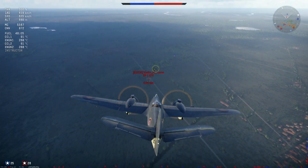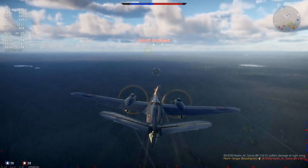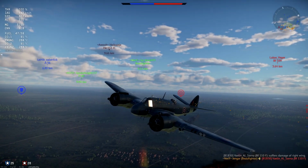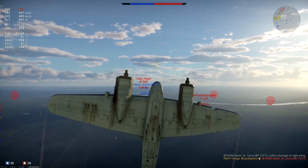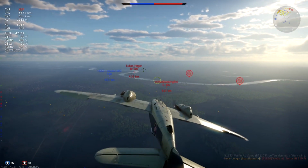That is most likely. The stall speed in this plane is 105 kilometers an hour, 2 powerful engines, quite nice, that stall speed, but the handling becomes difficult then, it becomes a bit sluggish, so be aware of that. Firepower in this plane is excellent, it's better than in the other Beaufighter, and that is because you're running with